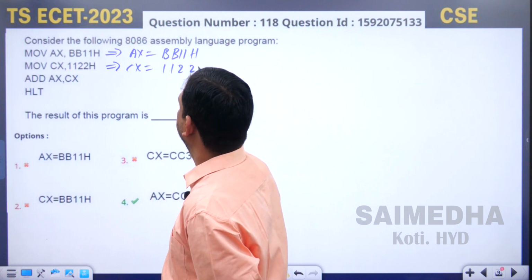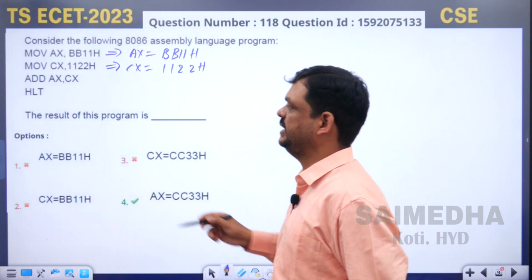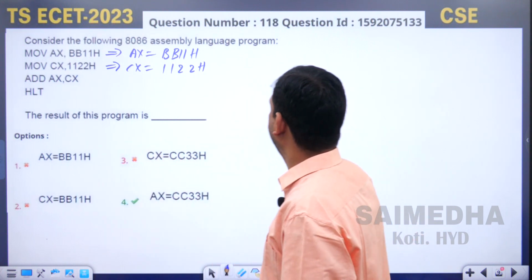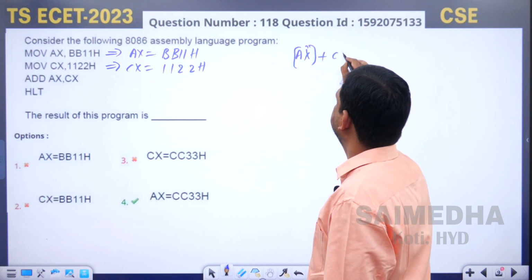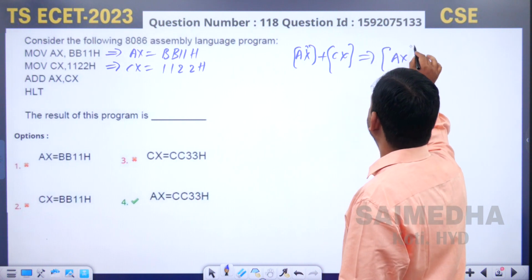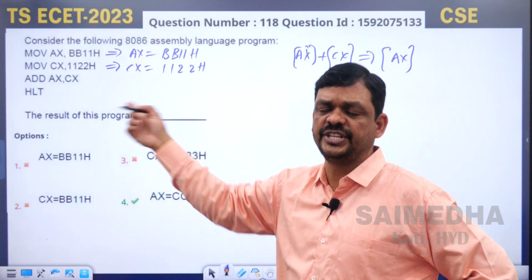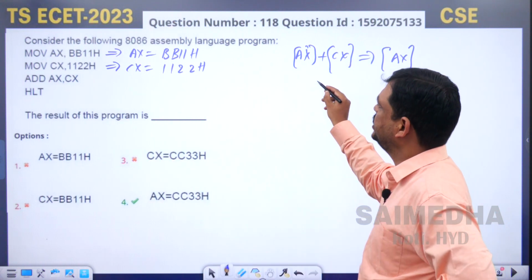1122H, right? 22H. Later add AX comma CX. See, add AX comma CX means it performs the addition of the AX register and the CX register, and the result is stored into which register? AX register only. Because here the result is stored into the destination, which is AX, so the result is stored into the AX register. Then add these two now,